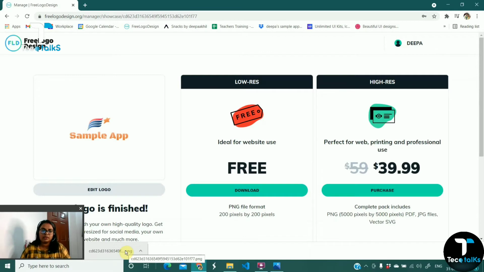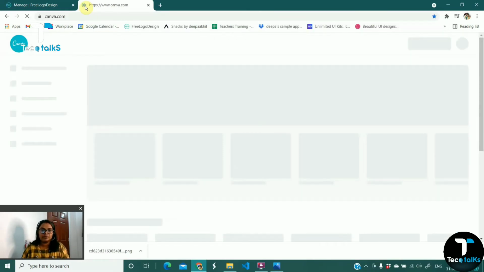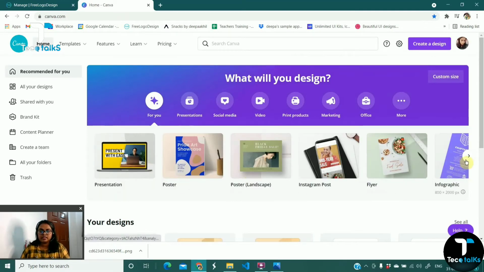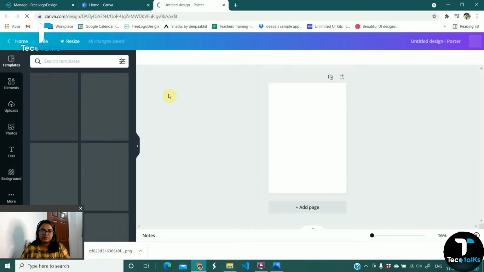Now let's see how we can create the design for it. For that, I'm using a site known as canva.com. It is actually a wonderful website that I have ever used. So there are so many options over here. We can create screens based on posters, cards, and everything. So over here we can see different options. So for designing the apps, I'm mostly using this poster option. So I'm just clicking on it.